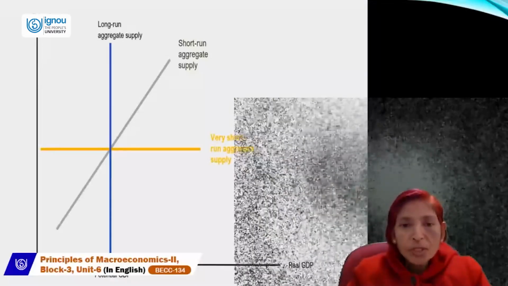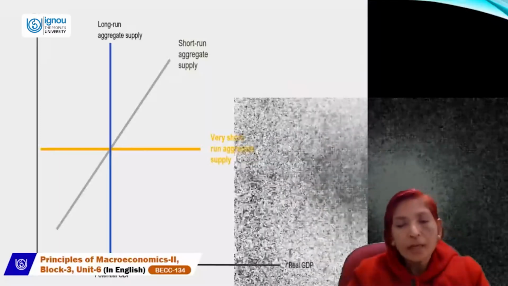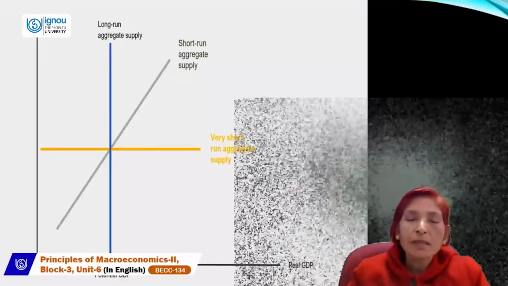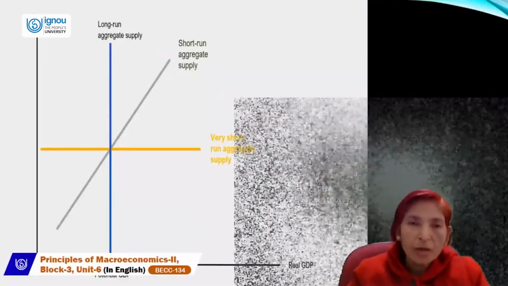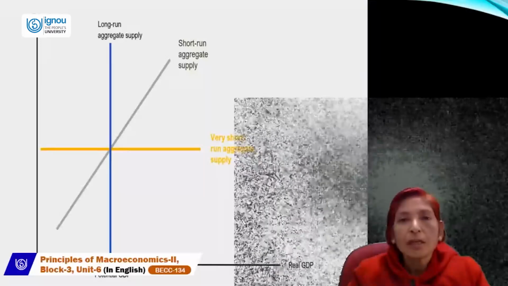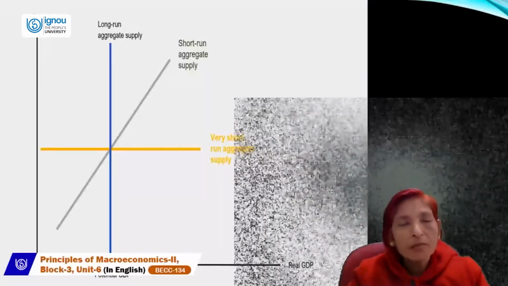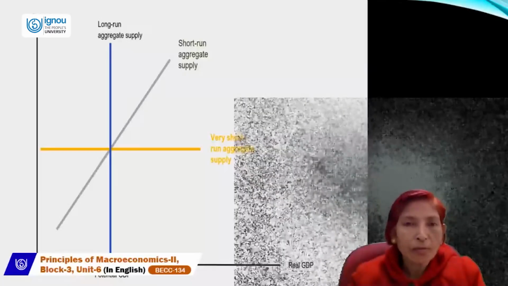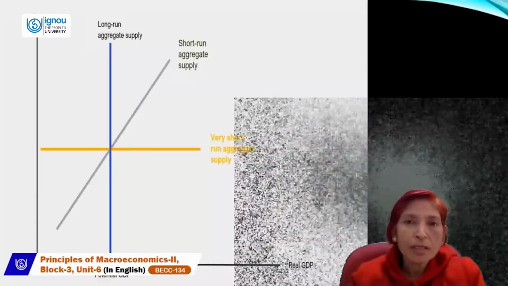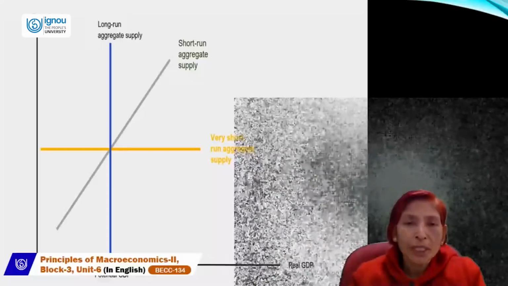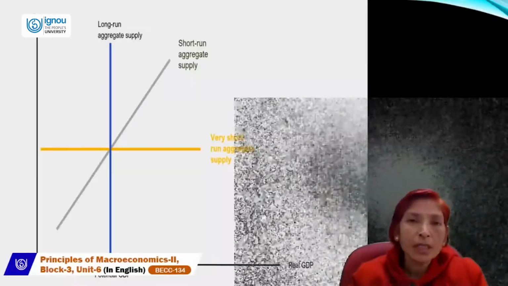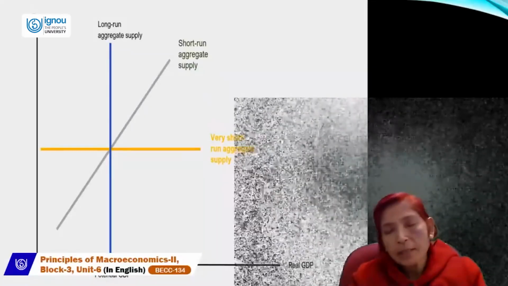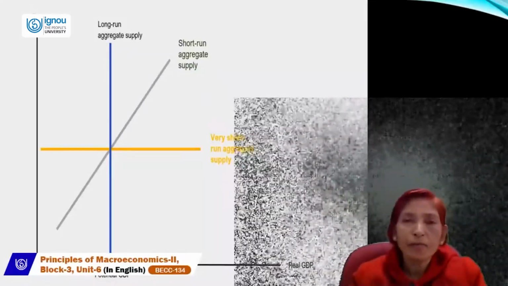According to the Keynesian approach, in a very short period, the SRAS curve will be a horizontal line. Generally, the SRAS curve is an upward sloping curve. And according to the classical approach, the long run aggregate supply curve will always be a vertical line, because in the long run prices are more flexible in nature, but in the very short run prices are more sticky in nature. But generally we can show a direct and positive relationship between price and supply, so the supply curve will be an upward sloping curve.